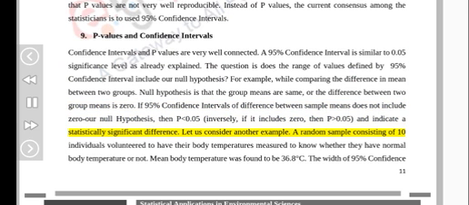Let us consider another example. A random sample consisting of 10 individuals volunteered to have their body temperatures measured to know whether they have normal body temperature or not. Mean body temperature was found to be 36.8 degrees Celsius. The width of the 95% confidence